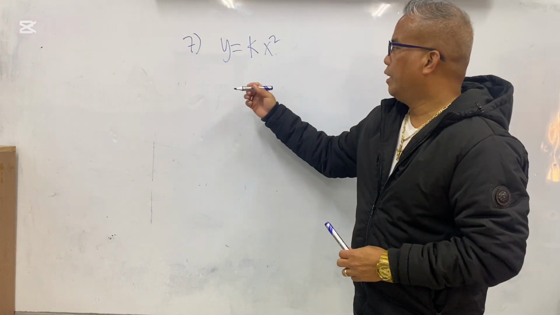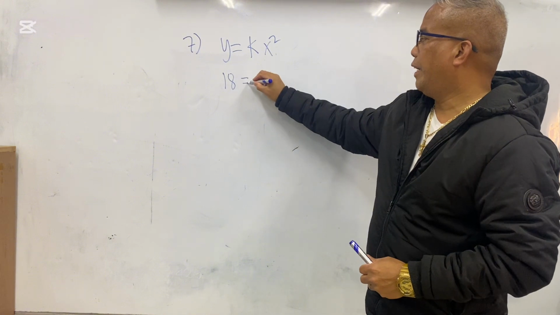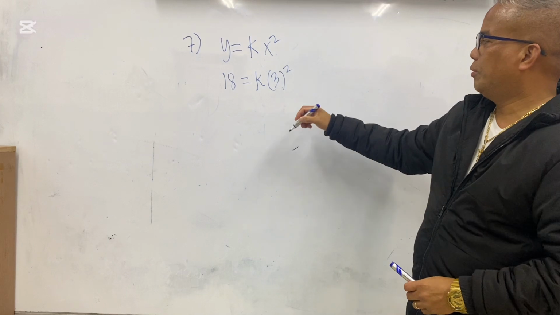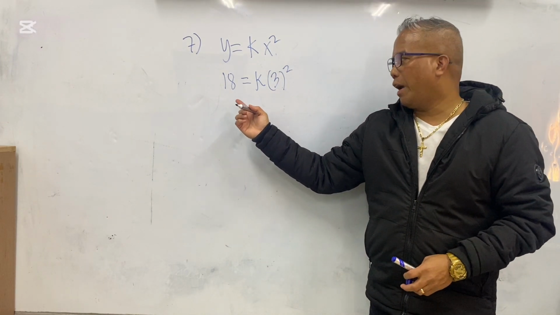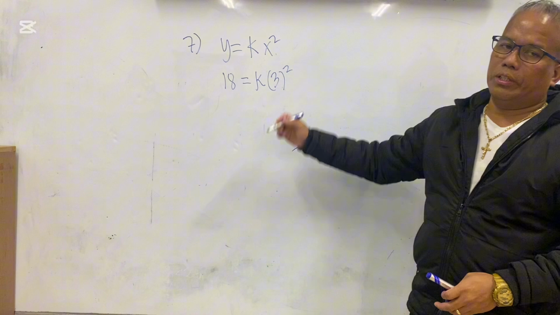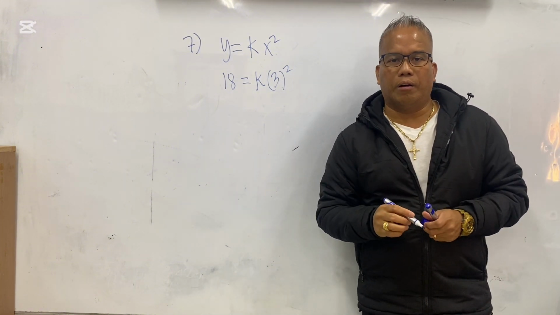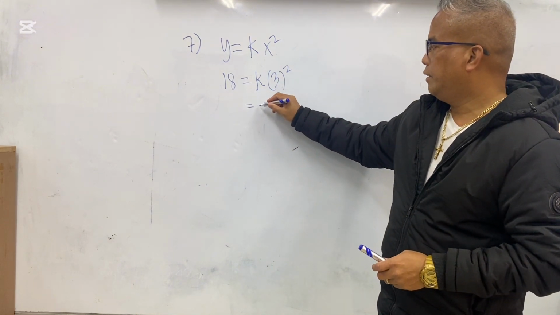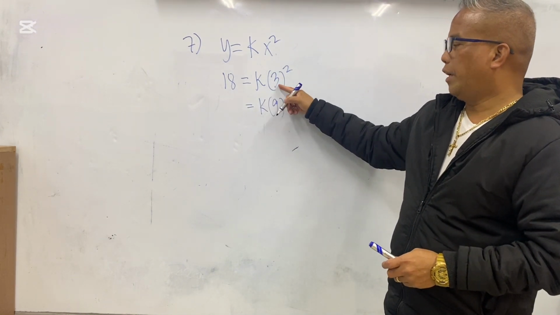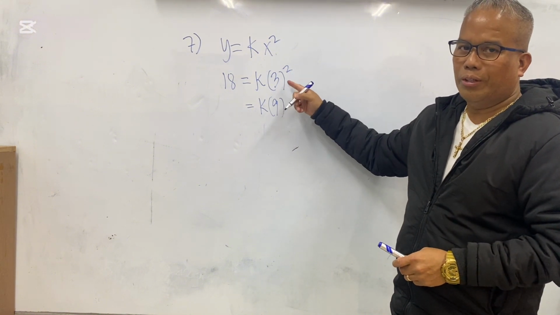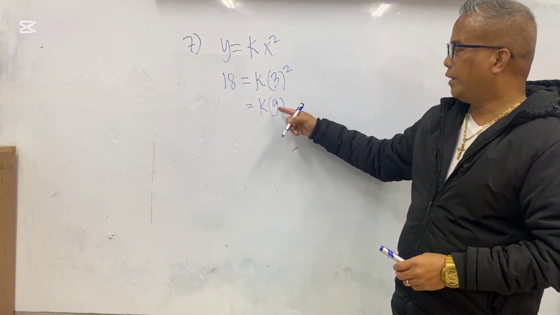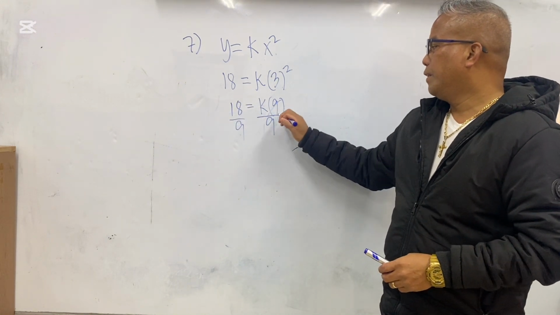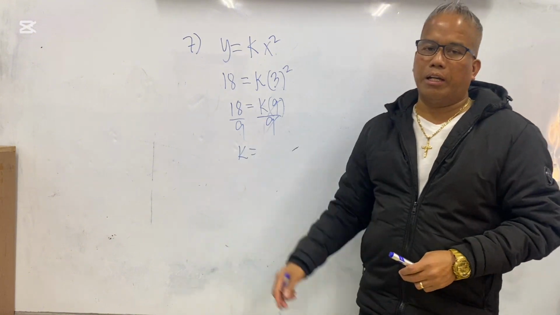Now, we will substitute the value of y is 18 equals k. Then the value of x is equal to 3 to the power of 2. So this is your equation of 18 equals k, 3 squared. So we are going to look for the value of the constant of variation, k. Simplify 3 squared equals 9. 3 times 3. Do not multiply 3 times 2. Instead, 3 to the power of 2 equals 9. 3 times 3, 9. Then equals 18. Divide both sides by 9. Cancel. K equals 18 divided by 9 equals 2.